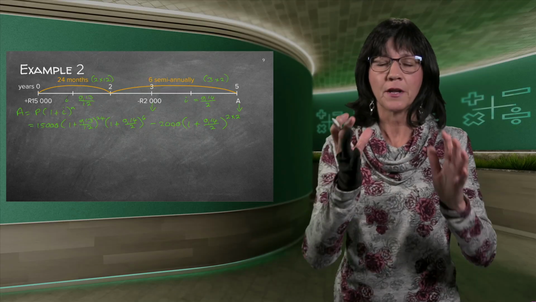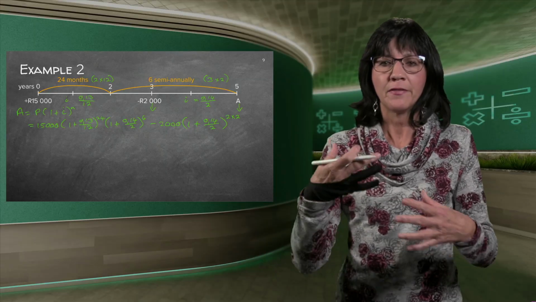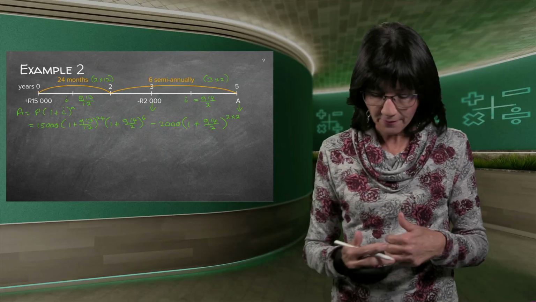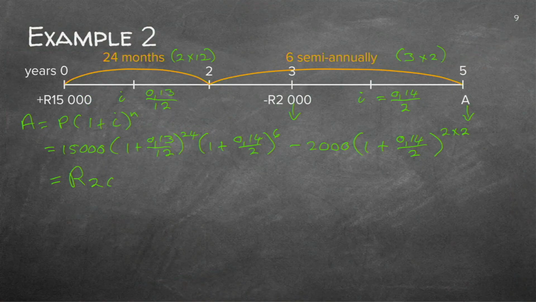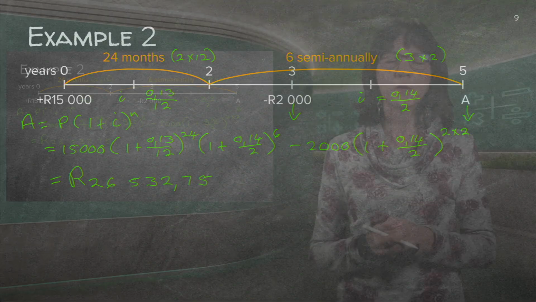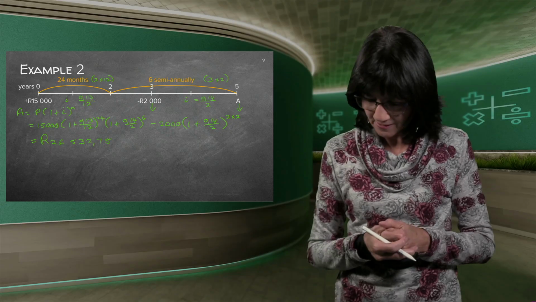Now again, you could have done the first part separately, done the second part separately, but then you may not round off. And then in the end, you subtract the 2 answers from one another. But if you do this on your calculator, you'll get the amount of 26,532 Rand and 75 cents. And just to see if it is possible: you invested 15,000 Rand, high interest rate, 13%, calculated monthly, and then 14%, high interest rates. So it's possible that you can land up to have 26,000, even if you've withdrawn 2,000 in the end. Good.